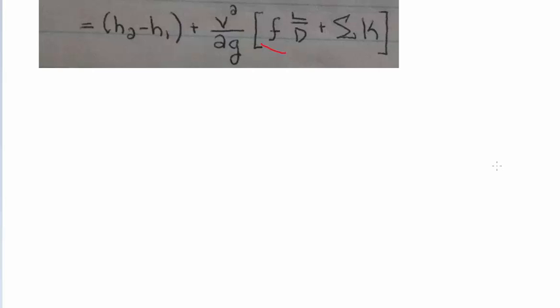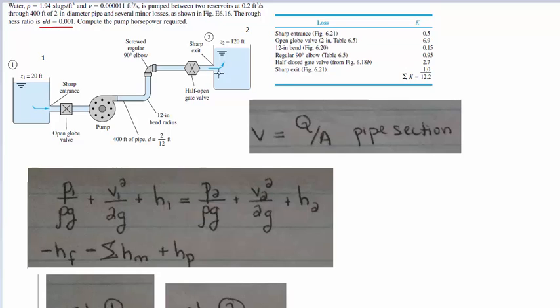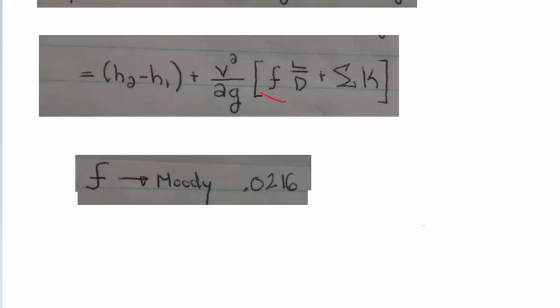So the one thing I should have done is calculate the Reynolds number, but know that it's simply going to be V times the diameter times rho divided by mu, and you're going to have to find mu because you're given a kinematic viscosity, I believe, not your regular viscosity. But once you find the Reynolds number and you're given the relative roughness,